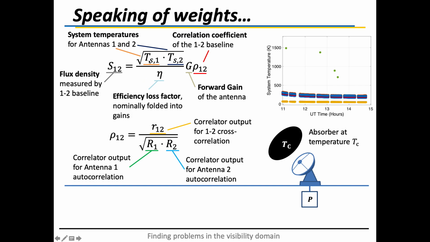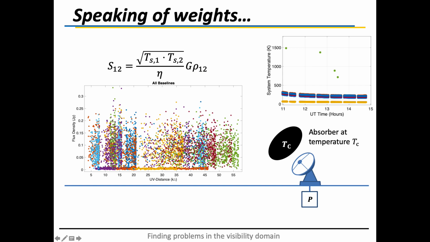But what happens if these values are wrong? Here you can see in this right-hand plot some system temperatures for a couple of antennas. Most of the antennas look good, but there's clearly an outlier antenna where the system temperature is about a factor of 10 lower than the others, which seems not super physical. And then there's another antenna that has these intermittent outliers that seem very high. So if I were to plot the data applying the system temperature corrections, this is what that data might look like. The bad antenna data points are actually off the Y scale here,